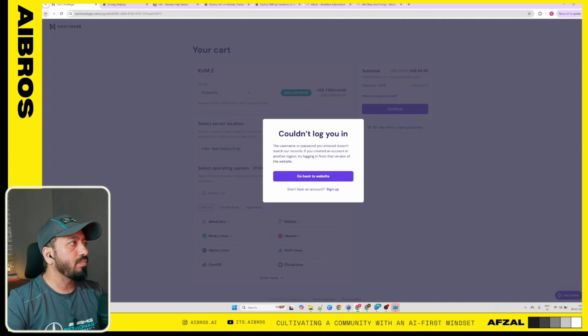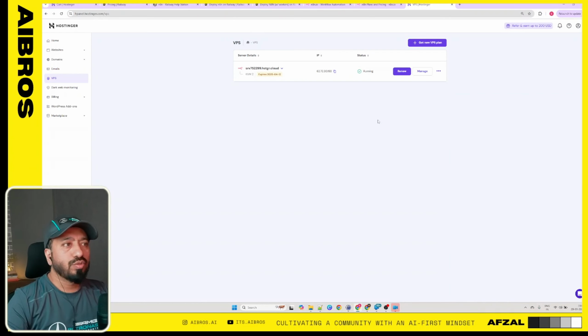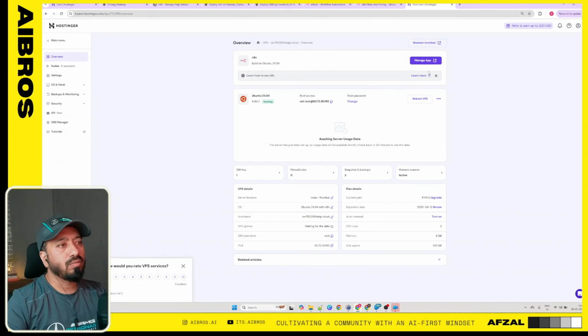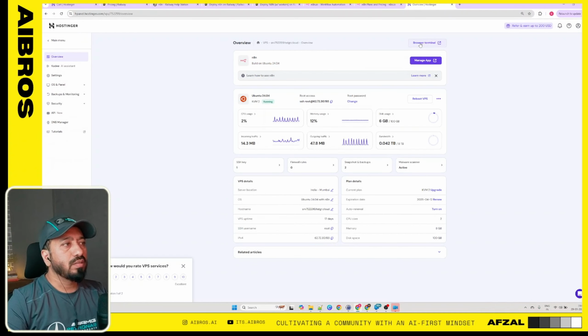You can sign up; in my case, I've already signed up. Once you sign up, you will see this screen which is showing your VPS, virtual private server, installed, and this is the domain name of it. If you want to manage that server, you can directly click on manage, and there are options to